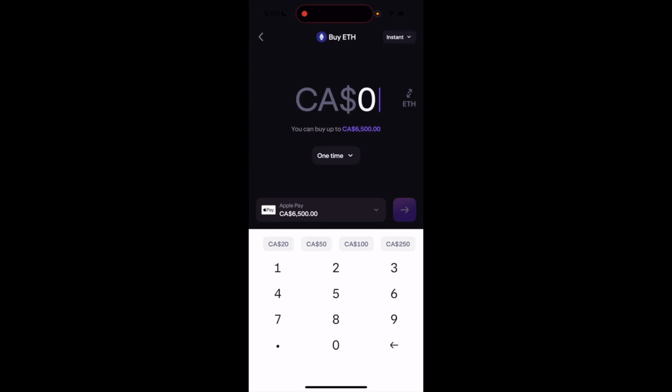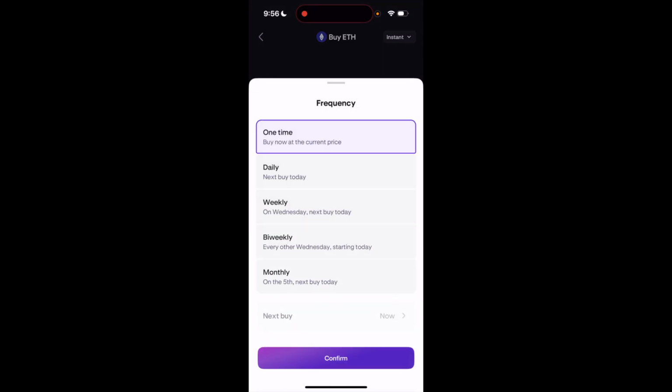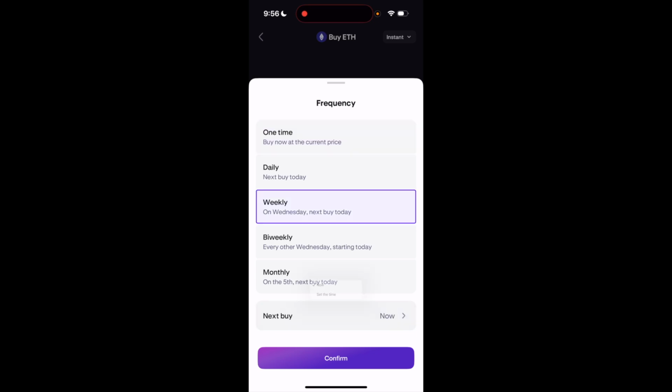Once you're on this page, I want you to type in the amount of Ethereum that you want to buy per week. So in this case, if you wanted to do $20 per week, you can type in 20. Right below that where it says one time, I want you to go ahead and select weekly. Now where it says next buy at the bottom, you can go ahead and select the date or the time. I'll just keep it for right now for this demonstration, and then go to the bottom and press on confirm,